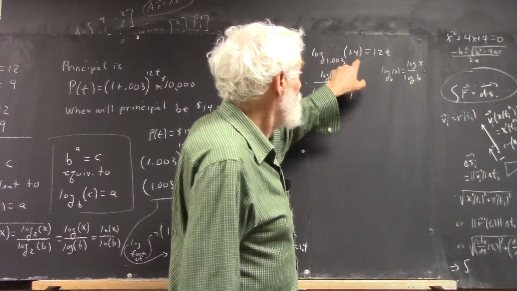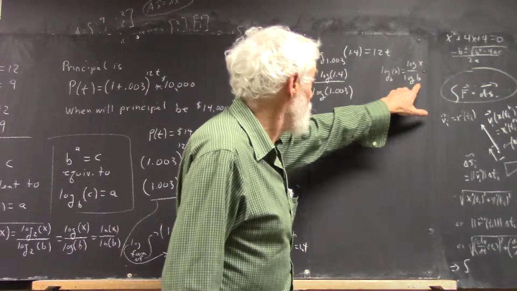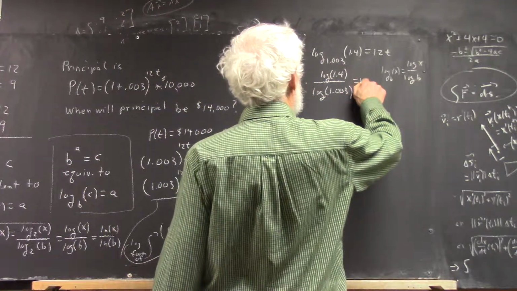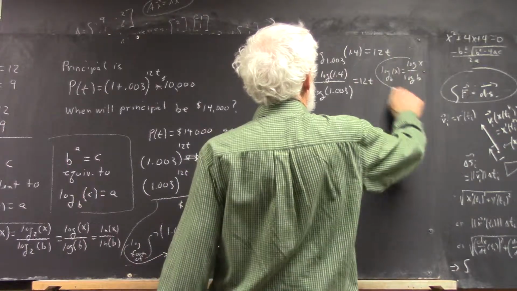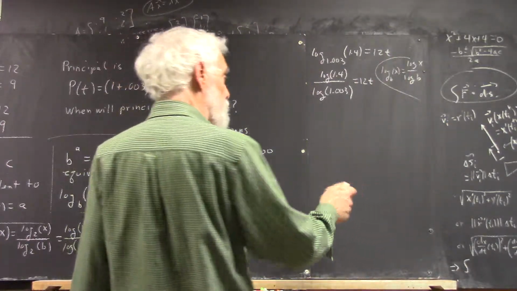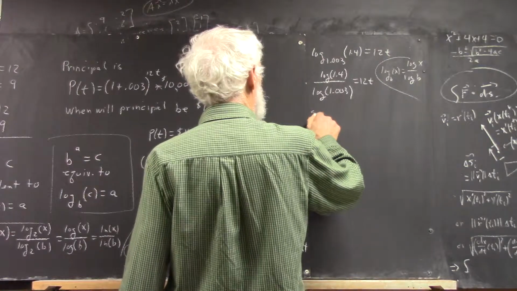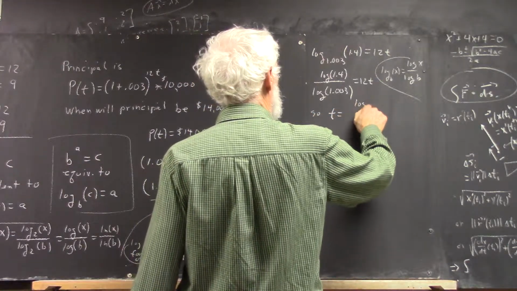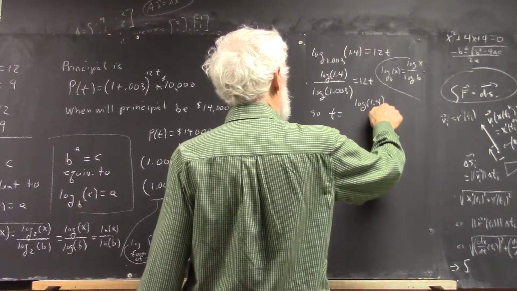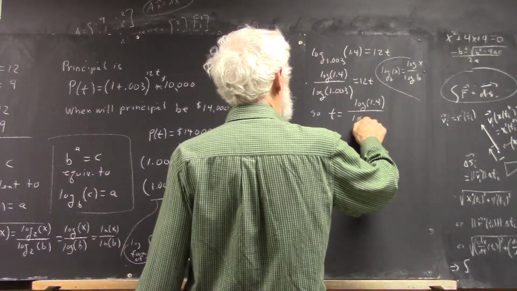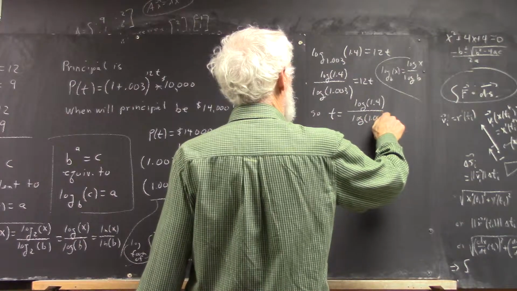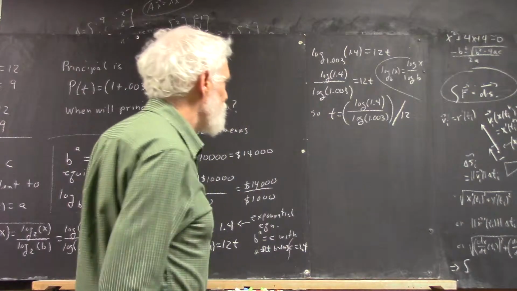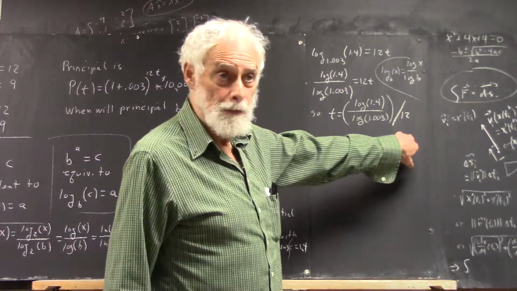So 1.4 is going to be here, 1.003 is going to be here, and that equals 12t. So your solution is this divided by 12,